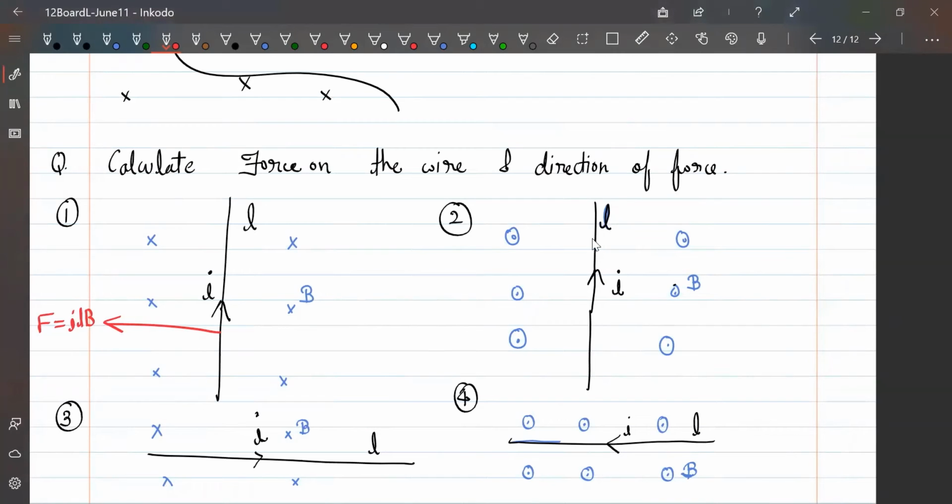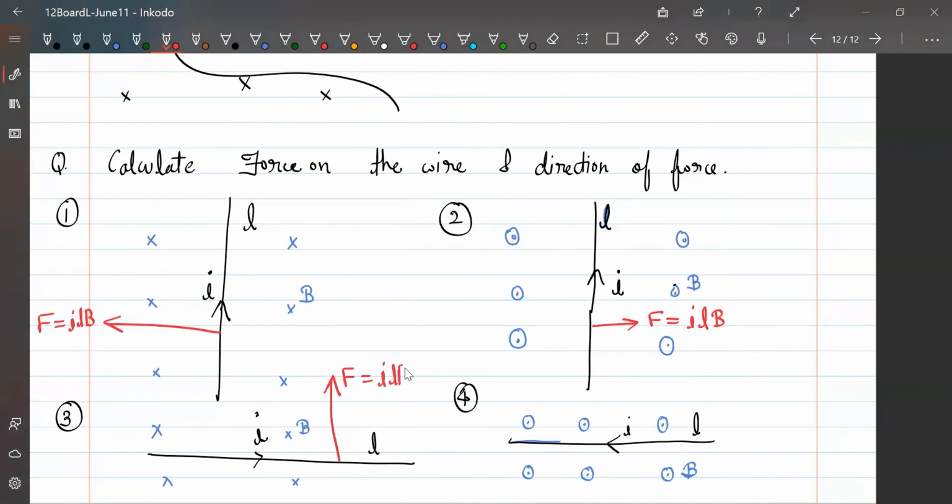Apurav, tell me the direction of force in this second case. Right. Right is correct. Very good. The value, we know, will be ILB and nothing else can come. Nupur, tell me the direction of force in the third case. Up, down, right, left. Which one? Did you say up? Yes. The upward direction is the right direction of force.